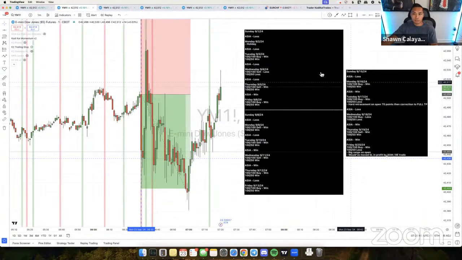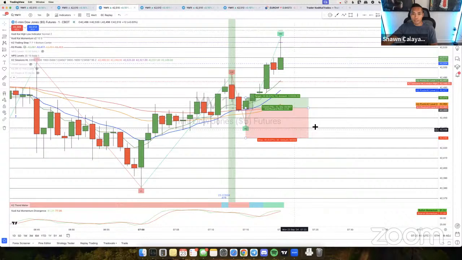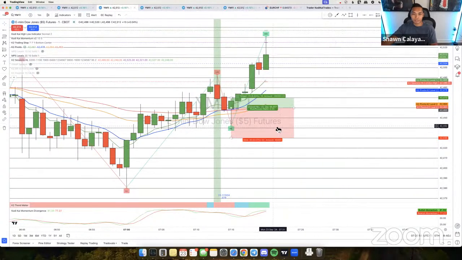But yeah, the stats here are nice though. So if you guys are curious, I actually test these strategies. I don't just tell you guys I'm going to do something crazy, I'm going to do something different. I actually go back and really back test these strategies to make sure everything works well.